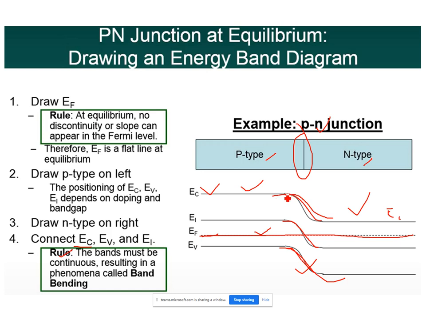I can't say that I'll just not connect these parts. No, this is not allowed. Bands should be continuous. They can be bent, right? But the Fermi level can't be bent. So what we are doing is just bending the bands, right? And this concept is called band bending. So what we are studying here is the energy band diagram, how to draw the energy band diagram at